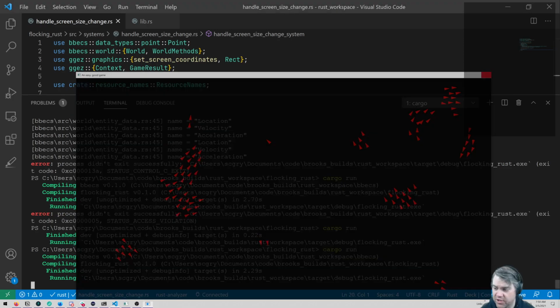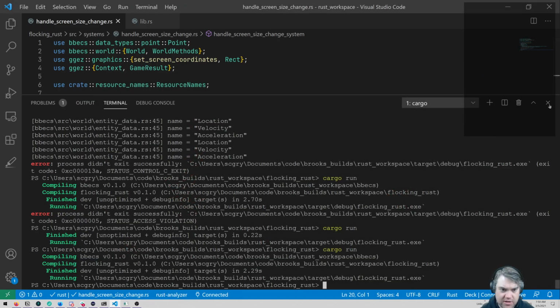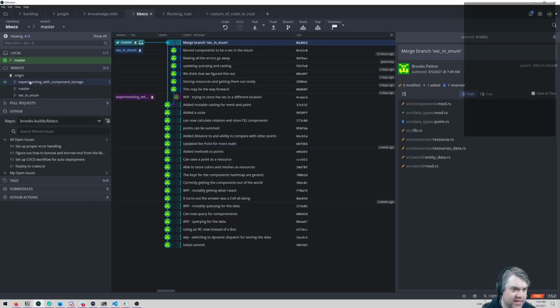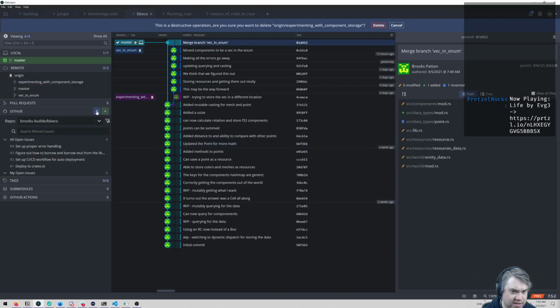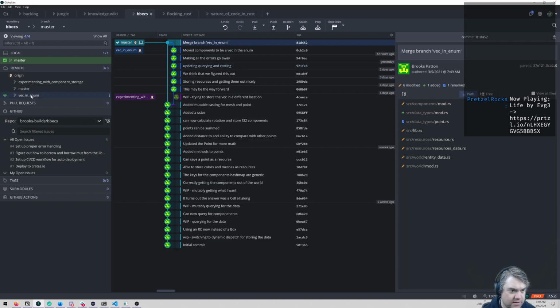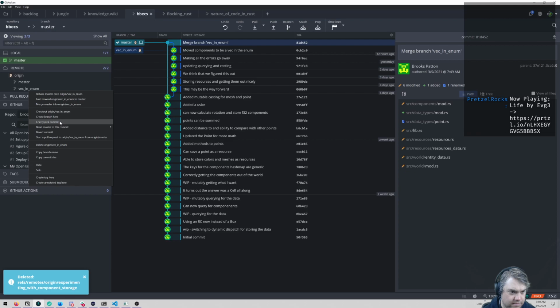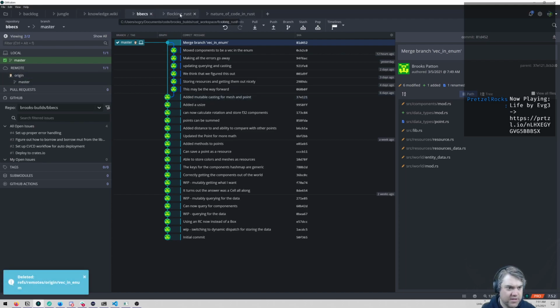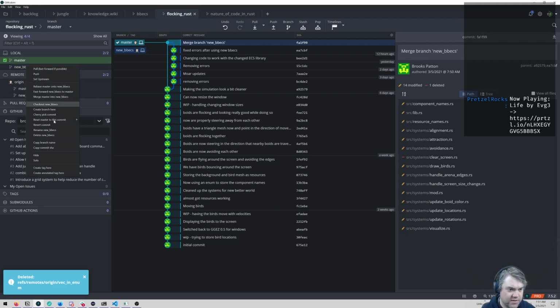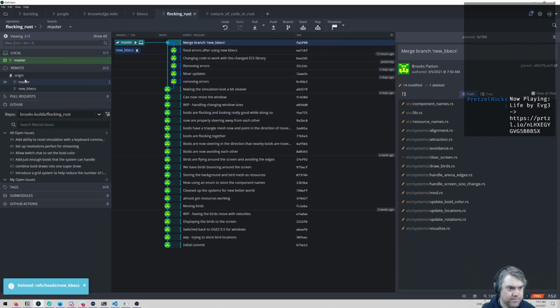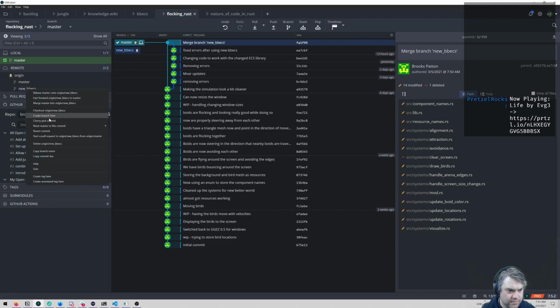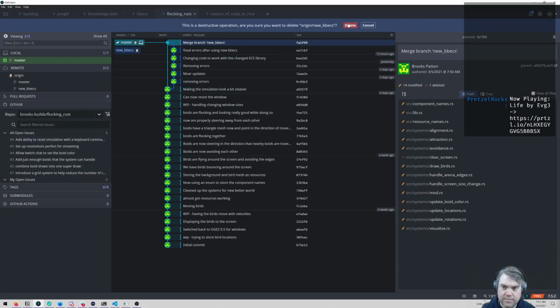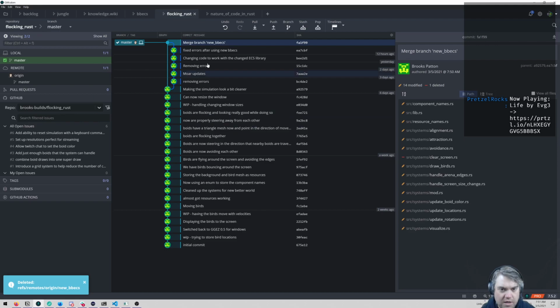So we're good to go then, which means I can now delete these other branches. Delete those there, and then delete you here. Okay, we're good to go there.